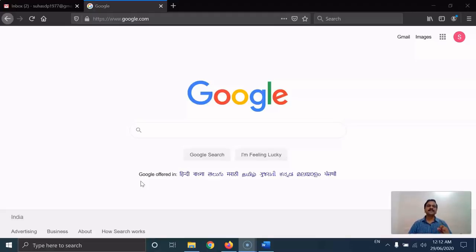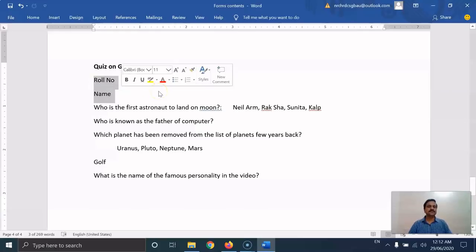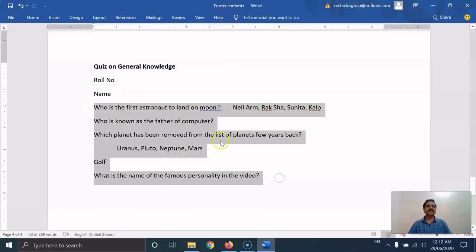So what I did is I have listed down which questions I will be using in this quiz in a Word document. So this is the title of my quiz on general knowledge, and of course, since it is an assessment, I will be requesting the learners to enter their roll number and name first, so that I can identify the learners. Then these are the 5 questions that I am